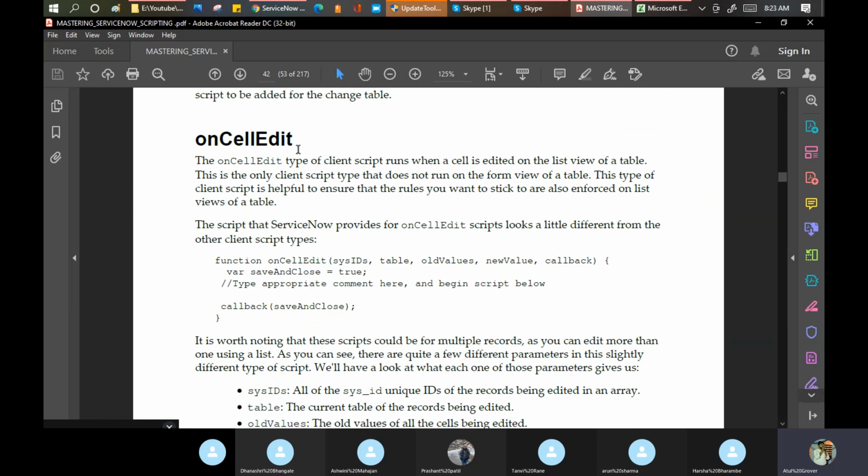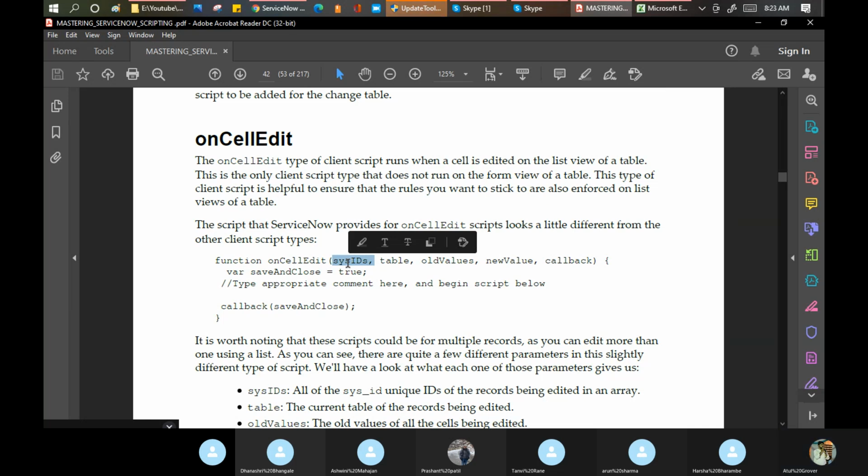Then on cell edit takes sys id, table, old value, new value, and callback. Why are they using the sys id? Any idea why? Because this is one of the points we are also going to use in business rules.